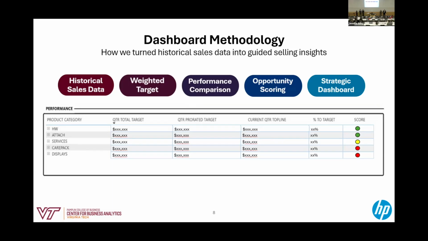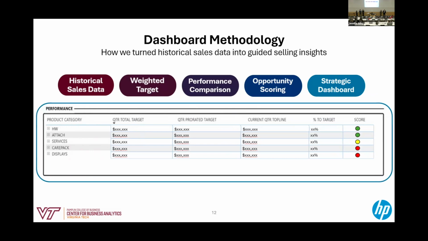After analysis, we knew we needed a guiding logic that could adjust all the way down to the product level. That led us to create our weighted average target. This provides a realistic but also goal-oriented benchmark. From there, we layered in current sales numbers to run real-time performance comparisons, and then created an opportunity scoring mechanism using a simple red, yellow, and green signal derived from an exponential curve. Finally, we pieced all these components together into one strategic dashboard that aims to help users quickly identify white space